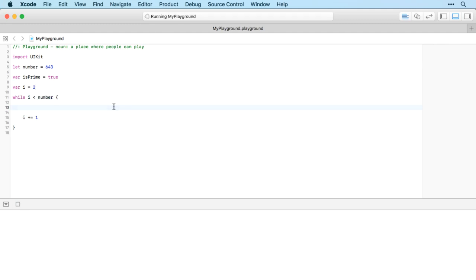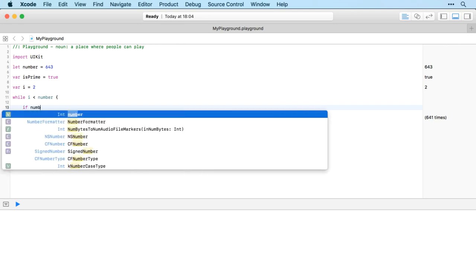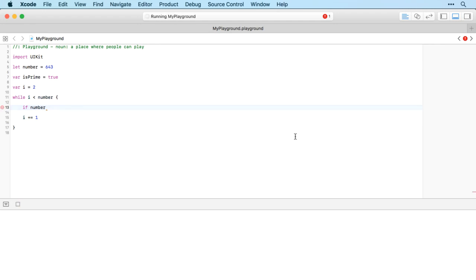And now comes that bit I mentioned at the beginning, where we have to tell whether i divides into our number or not. And the way we do that is we look for number, and then we use the % symbol and i to work out the remainder when i divides into number. So if that remainder is 0, that means i divides into the number exactly, which means that it can't be prime. So if that's the case, we'll set isPrime